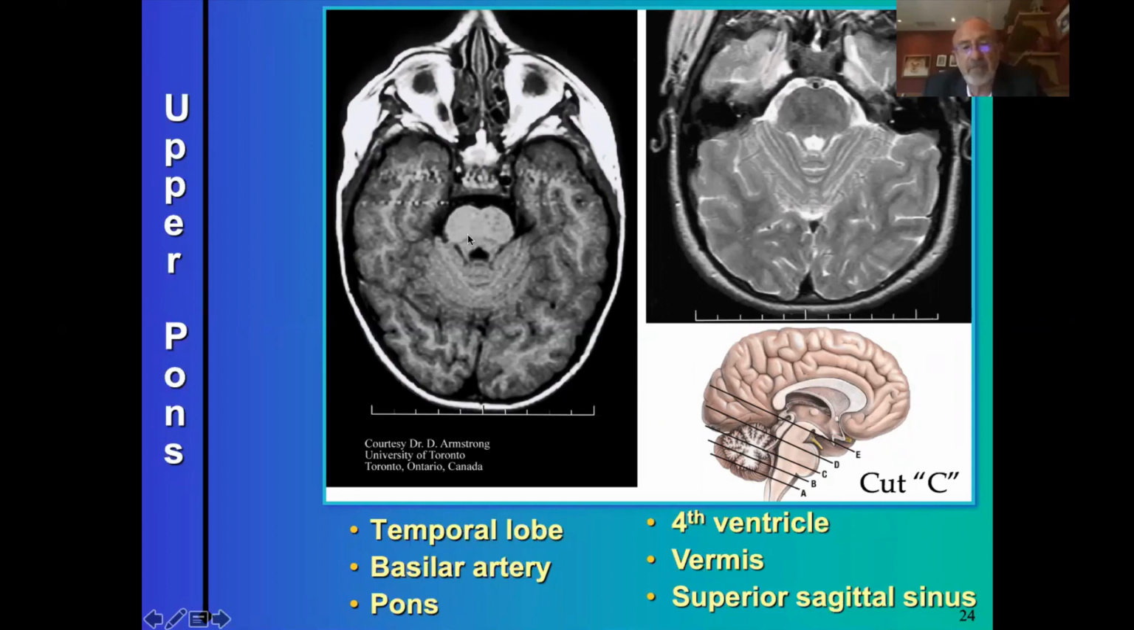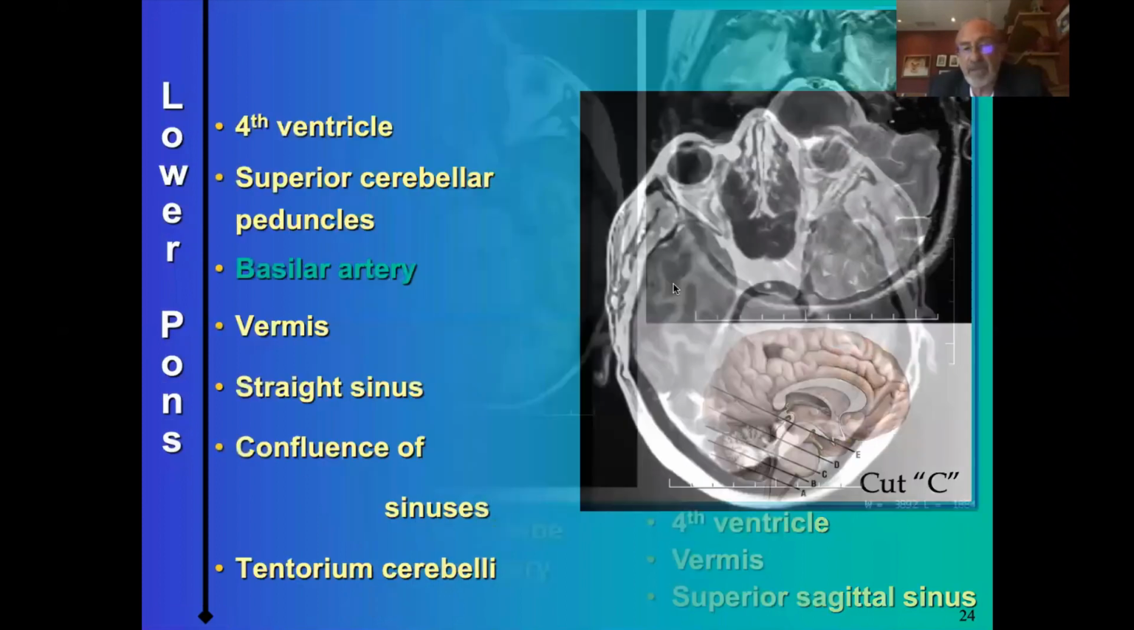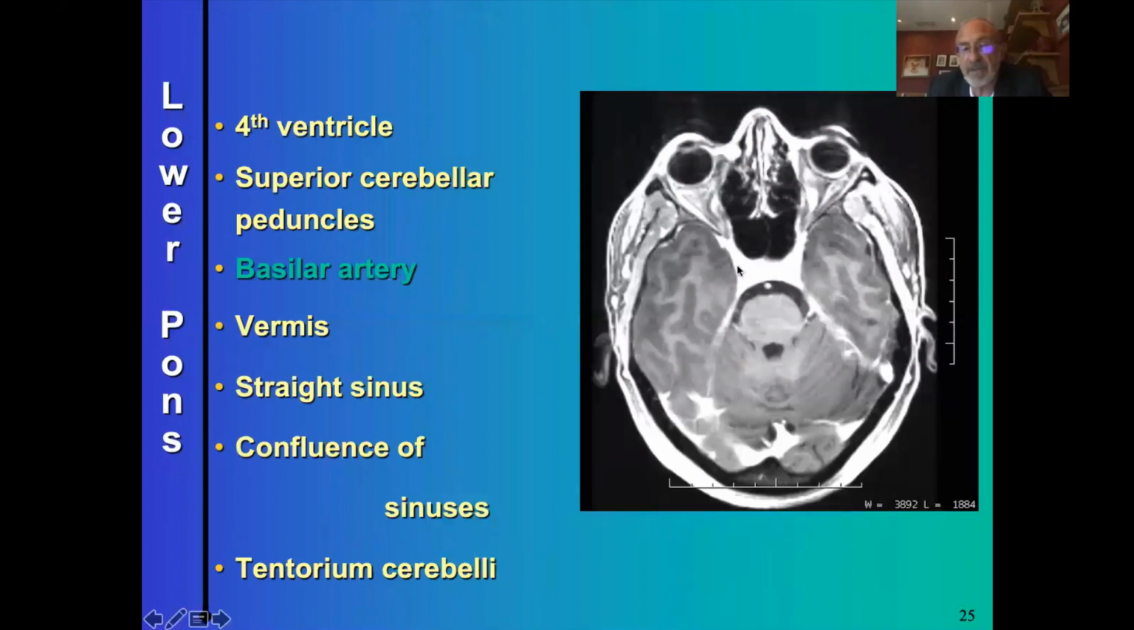They connect the midbrain, although it's at the level of the pons, the midbrain to a portion of the cerebellum. Continuing down, you see this a little bit better over here. This is kind of a classic sign. These are temporal lobes of the cerebrum, more of the vermis, pons, basilar artery, clivus, fourth ventricle, superior cerebellar peduncles,